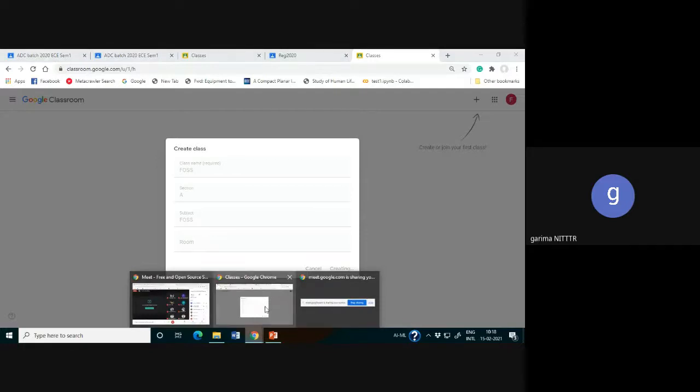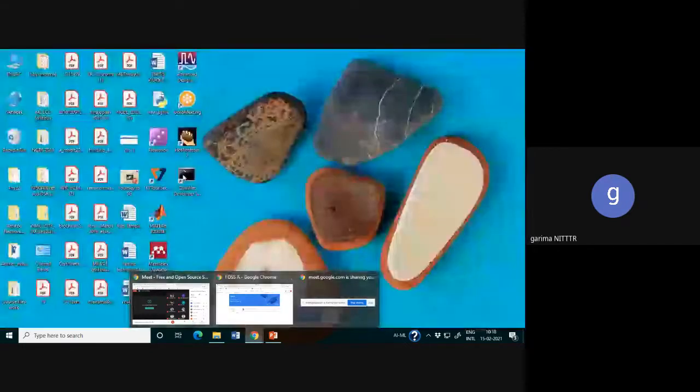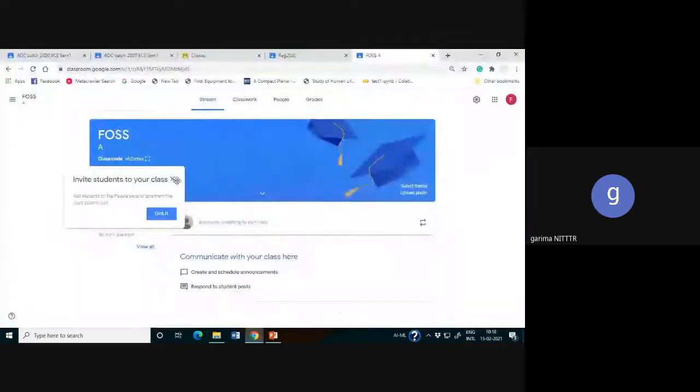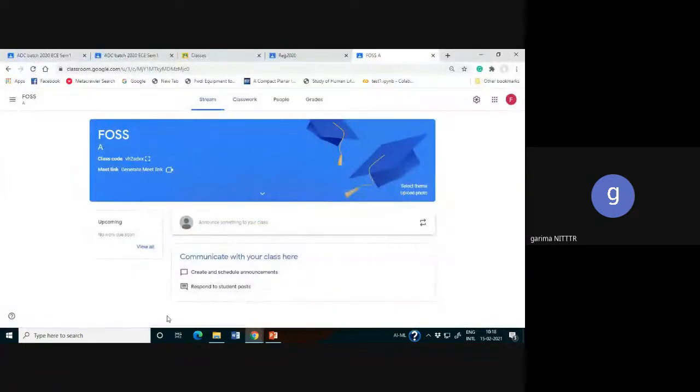A page is created, and this page has the information of the class, for section A. We have a class code, and we have a meeting link also, so we can generate a Meet link when we want to connect with our students. So we can access this using the class code, or using some email process.